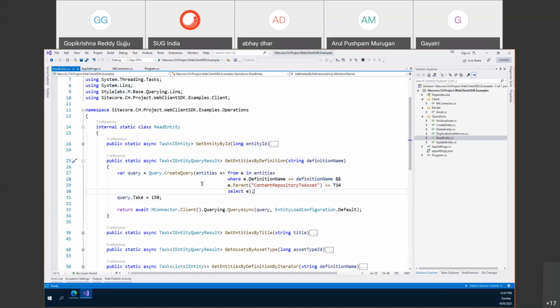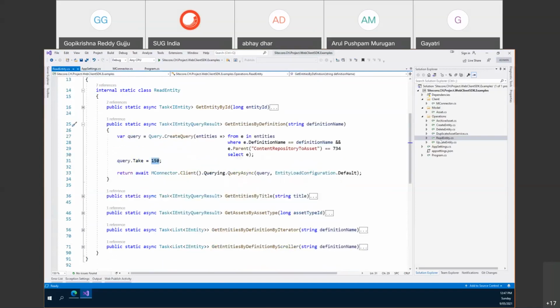Then you execute this query, and this default is what properties and relations you want to load. We can define this, but I'm just taking the default. Default will load all the properties, but no relations. So you execute, but I'm also making the query take 150 records for one call, or by default it is 50. So this is much easier, right? You can just get the calls.